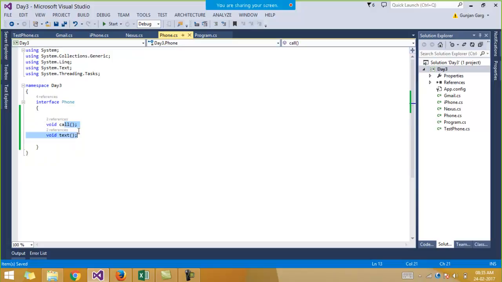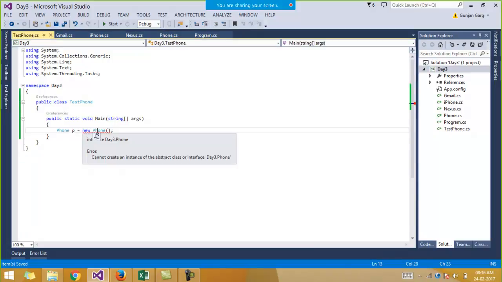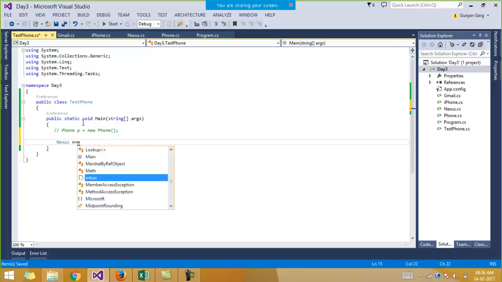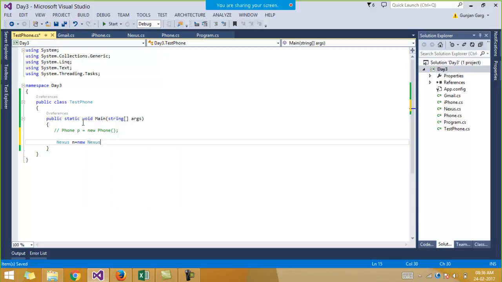We are doing nothing inside an interface. So what is the need of creating an object of an interface? Right? So this is rule number 1, that you cannot create an object of an interface, since you will not achieve anything by creating the object of an interface. Rather, you can simply create the object of the implementing classes, since in the classes only we are writing the logic. Similarly, for the iPhone class as well, we will create the object of the iPhone class only. We will not create the object of the interface.